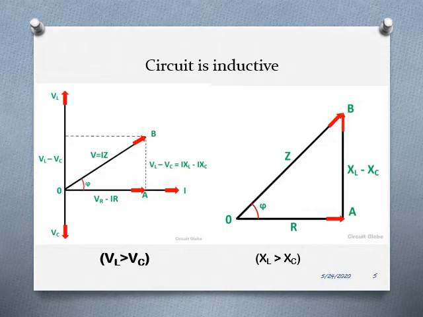Now from this phasor diagram we can draw the impedance diagram. Impedance diagram, just remove the current terms, so you get it as OAB triangle with the hypotenuse as the total impedance Z, the adjacent side is the total resistance R, and the opposite side, that is the net reactance. Net reactance is XL minus XC. Why? Because the circuit is behaving inductive in nature. So, XL is more compared to XC. So, the net value will be XL minus XC. So, you get this right angle triangle.